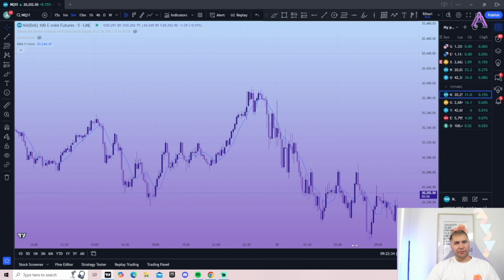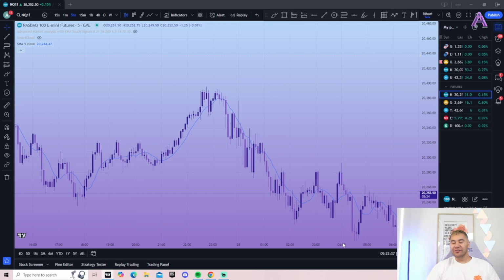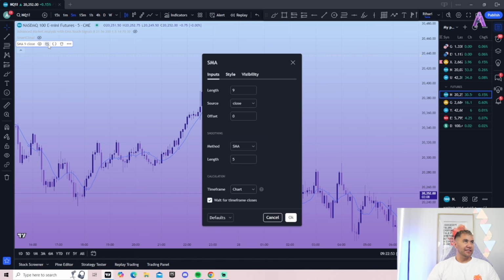Now, the most simple explanation that I can give you guys is that a moving average is the average price based over the amount of candlesticks that you have put into your settings. Okay, so we put on the moving average. If we come up here to our settings, we can change the length of this moving average. Okay, now what does this mean? So if we put 9 in, it's going to take the average over the last 9 candlesticks. If we change that to